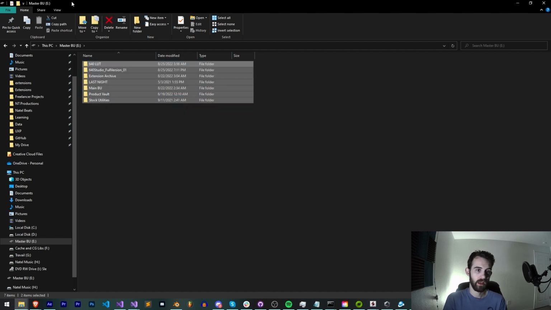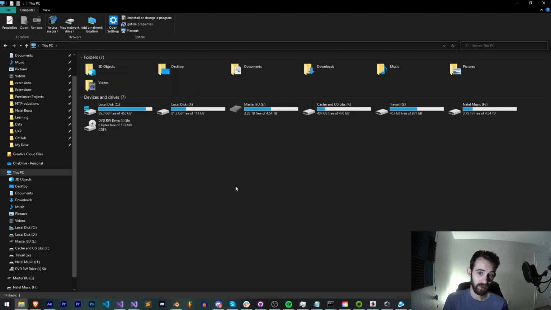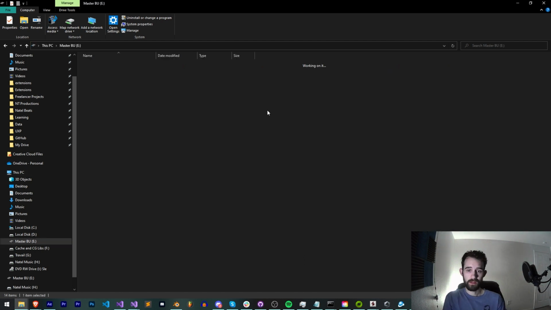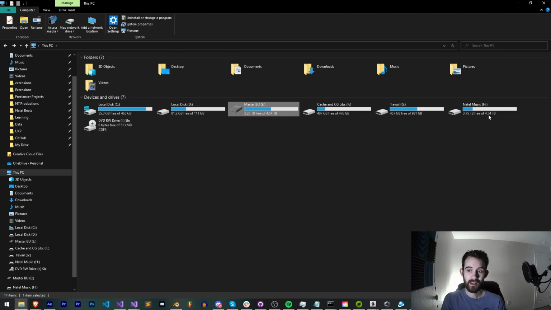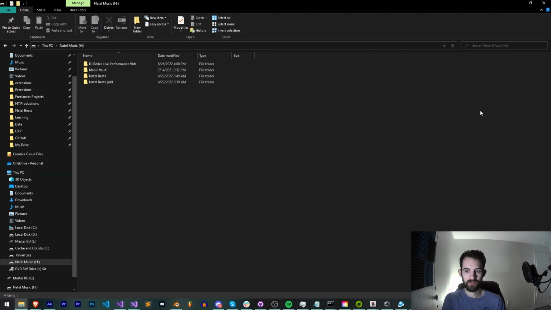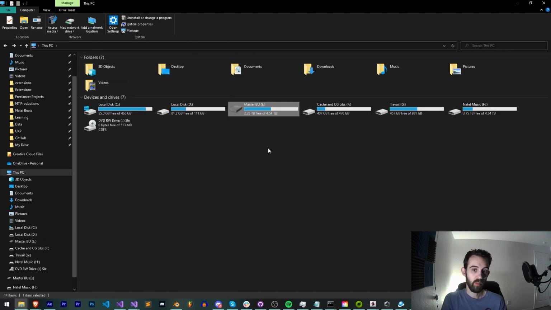Now, I haven't done this yet, but you should also have a redundant backup. It's the best recommendation, especially if you have super old or sensitive data. This is just my main backup drive, but ideally I should have a second backup drive. You can see I have two 4.5 terabyte drives here. One's for music, one's for my backup, but I should really buy a third and have that be my redundant